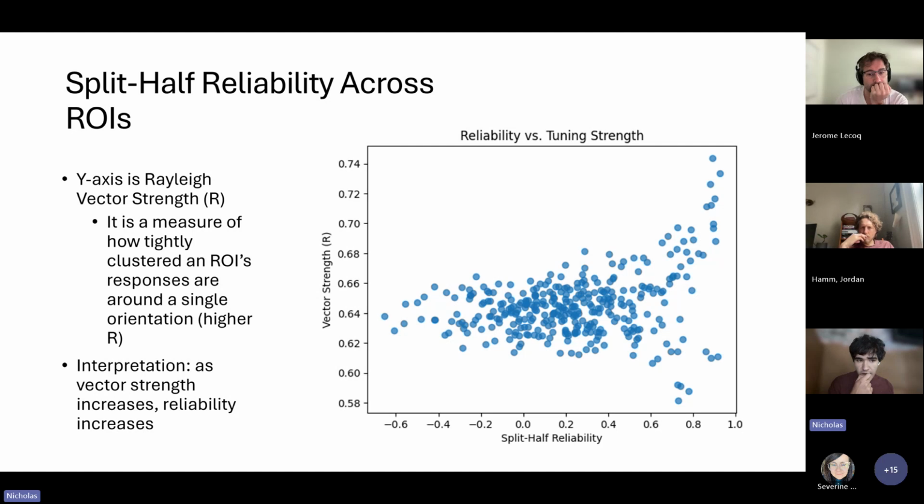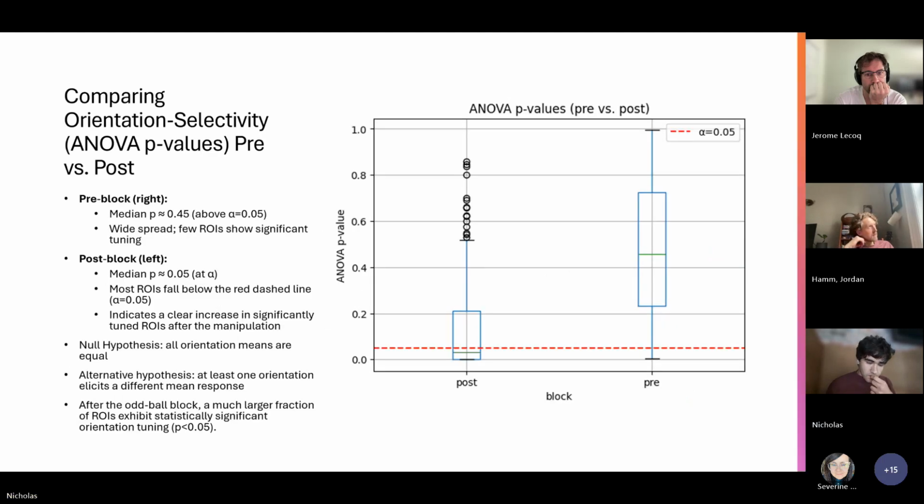So in addition to that, I computed something called the Rayleigh vector strength, which is a metric of how tightly clustered an ROI's responses are around a single orientation. What this suggests is that if the ROI is very sharply tuned, it tends to exhibit more reliable tuning. Now, finally, I computed